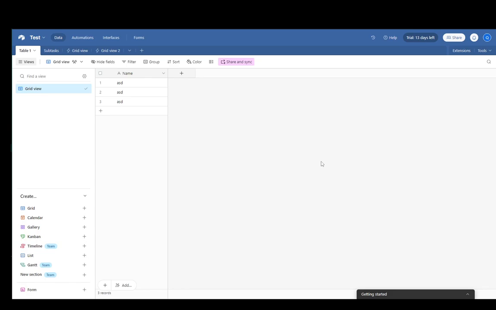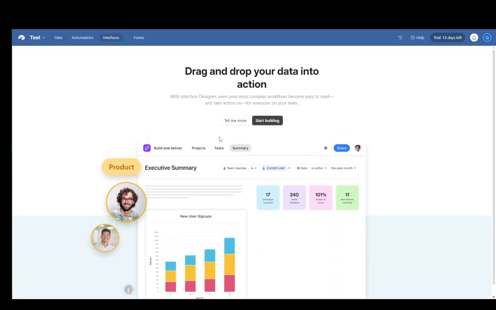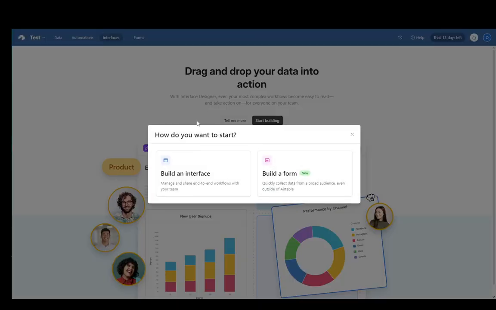In this video, I'm going to be showing you guys how you can create an interface in Airtable, so let's get right into it. As you can see, I'm in one of my tables right now in the grid view of it, and what we're going to do to create an interface is go here to the top and click on interfaces. As you can see here, you can click start building to actually make an interface, and you can